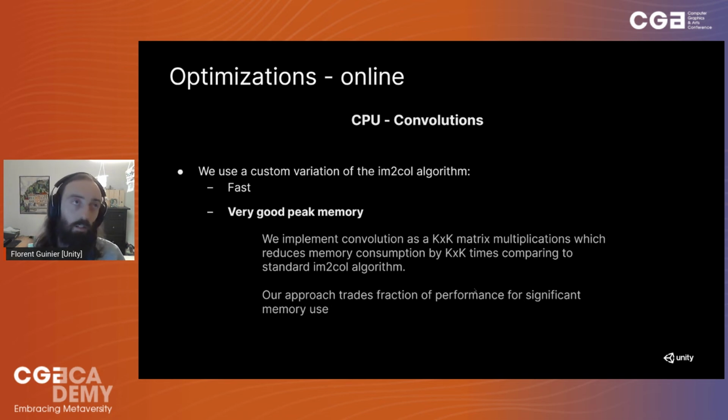And something that we wanted to highlight here is that it's not only about performance once you are on the edge. It's also about memory. You will live in an application that consumes memory for other purposes, and the device itself has a strong memory constraint. So you want an algorithm that's not only fast, but also has very good peak memory usage. And that's very great that we have. And because the source is open, and because we deliver Unity as a package, you can check the source.